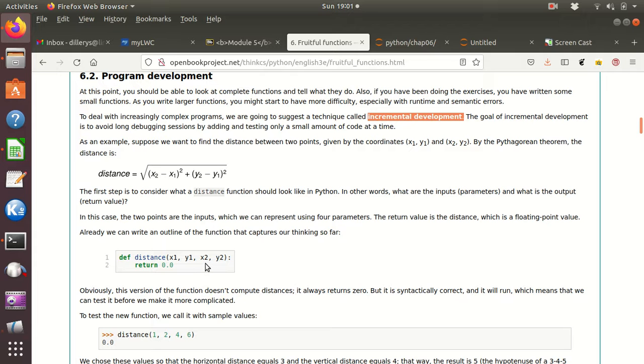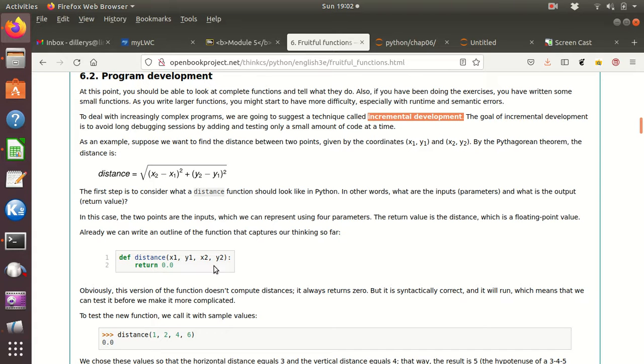So if you're writing something bigger, you don't necessarily want to try to put the whole thing in and then just see if it works. You put in various pieces and make sure they're working, so that then when you put in the next piece and try it out and it doesn't work, oh, well, then you right away know that that is the problem piece. So for instance here, where they're finding the distance between 2 points,